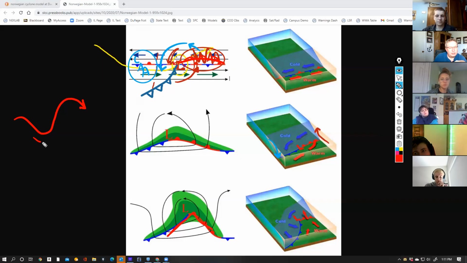Okay. The trough is defined as cyclonic curvature, right? Notice it's turning cyclonically here. What's it doing over here? It's turning anticyclonically. That's a ridge. So there's your ridge, there's your trough. And the reason that becomes important